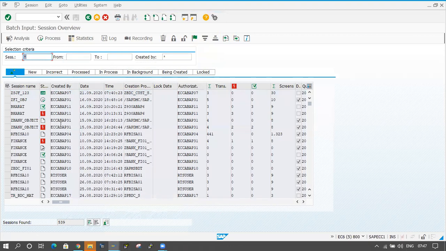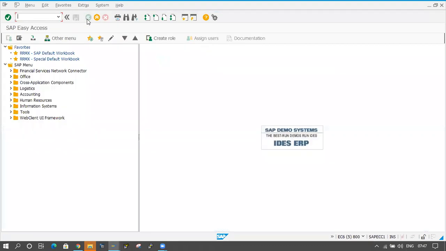If you have executed the SE38 program, and you have uploaded the data and did not do anything in SM35, then you can see the icon like this one, new. Now we have to select this one and click on the process button. Then it will upload the data at the table level. So these are the status types. And this is a job only, which means it is in processing, it is running. This is not executed completely yet.